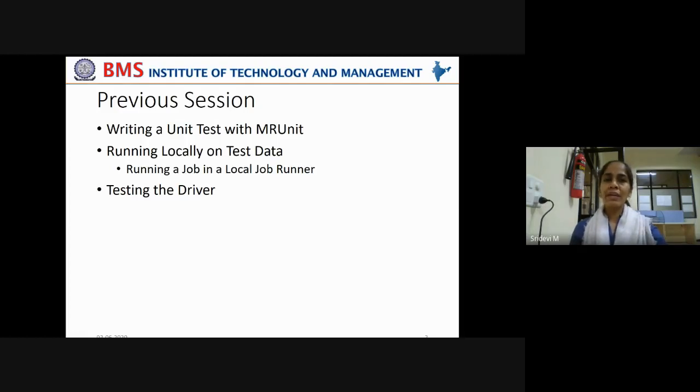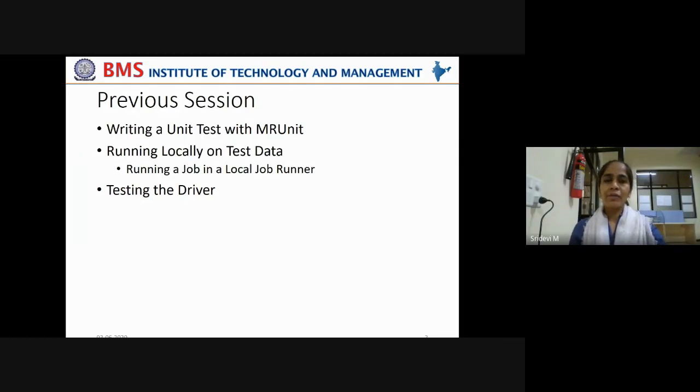So we need to write unit tests for each and every function that we are writing for the job or for the processing and see whether the output is according to the expected output with respect to a given input. That we have to test by writing these unit tests.